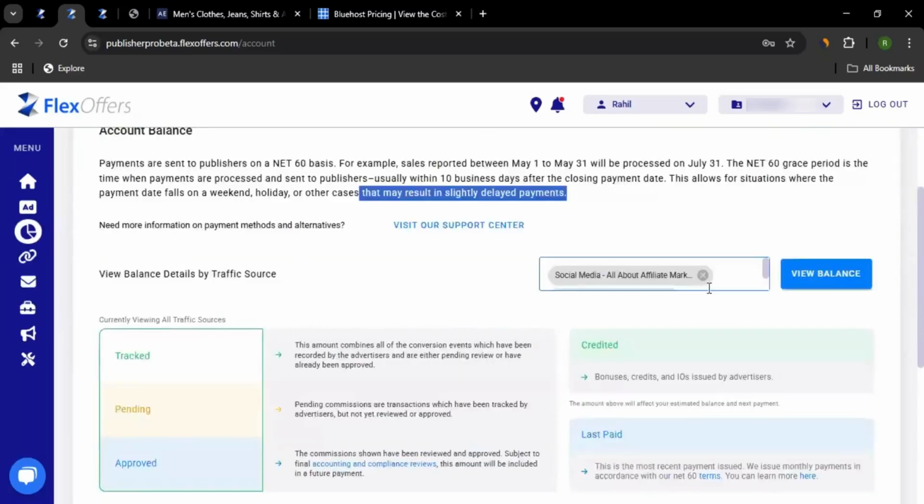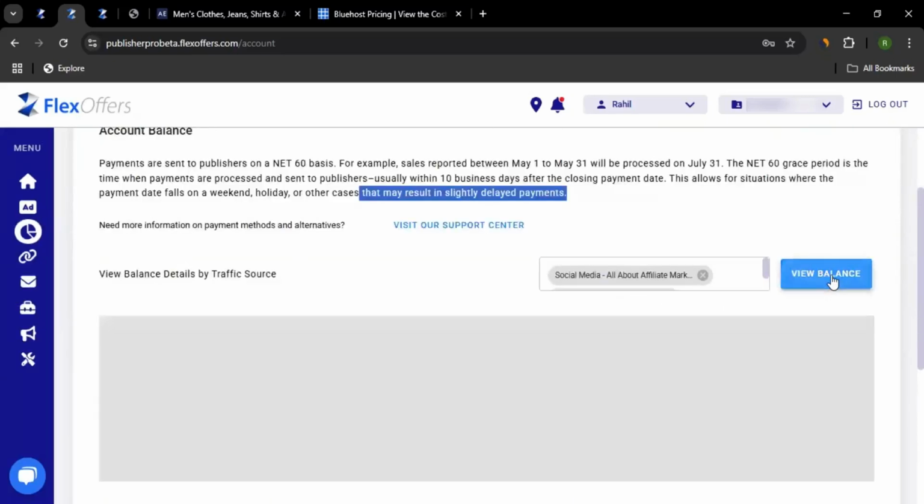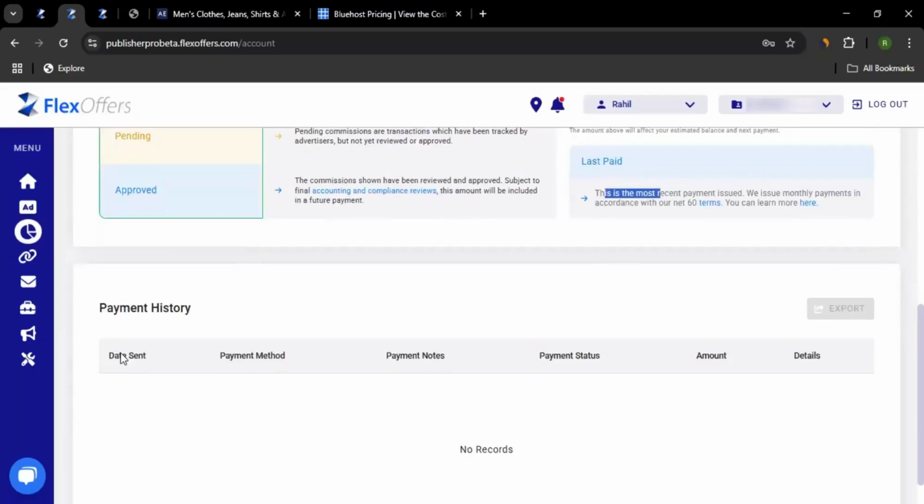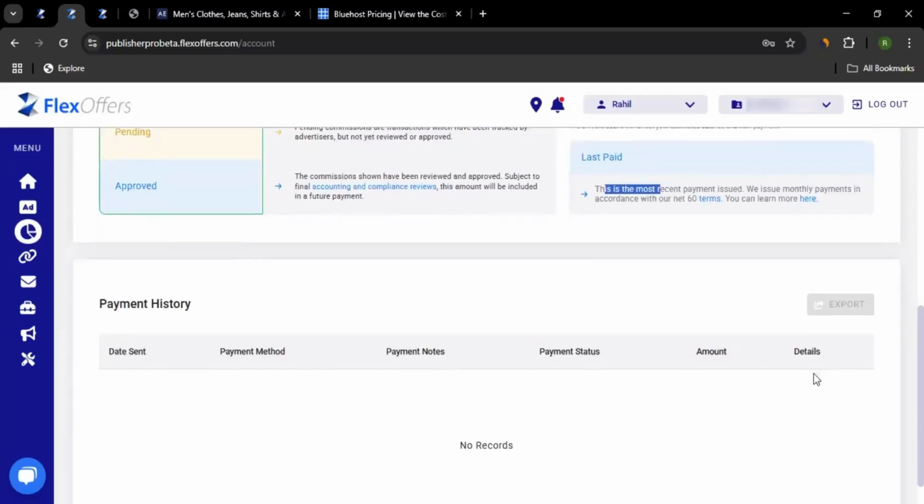And if you scroll down, you can select the traffic sources from here and you can click on view balance. It will load the balance for you. Over here, you would be able to see the tracked commission, the pending commission, and the approved commission. The commission shown here is being reviewed and approved, subject to final accounting and compliance reviews. This amount will be included in a future payment and credited. So you will be able to see bonuses, credits, and IOs issued by advertisers. You will also be able to see the last paid amount. You can also scroll down to see the payment history. It will have the date sent, payment method, payment notes, payment status, amount, and other details